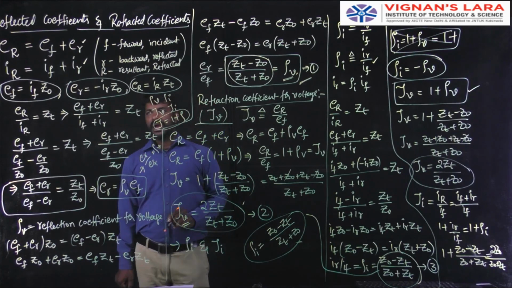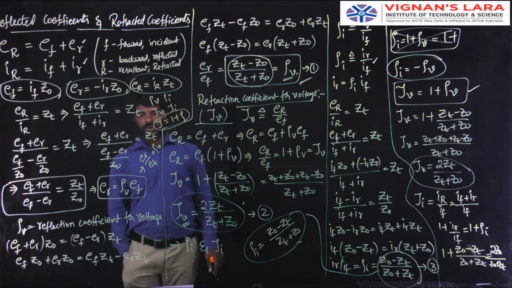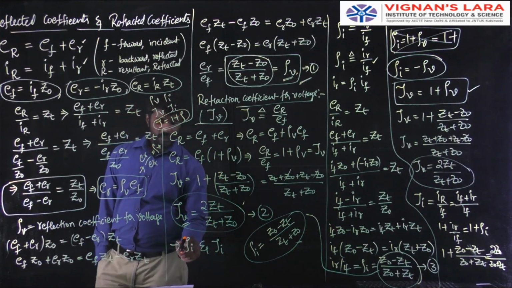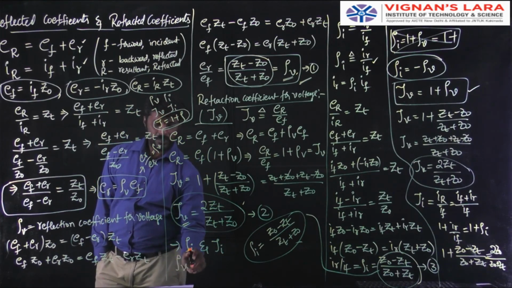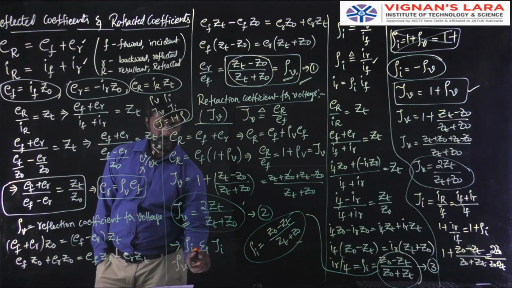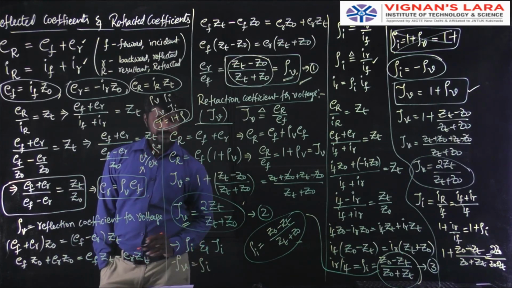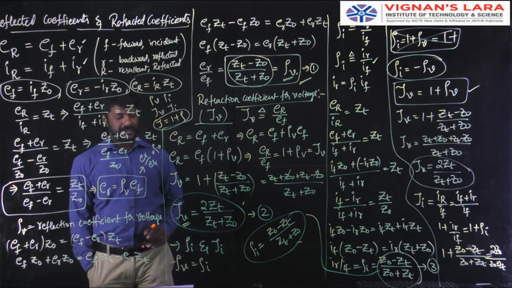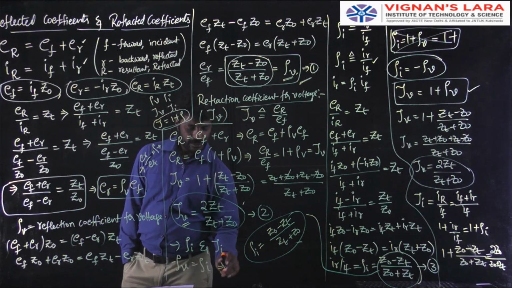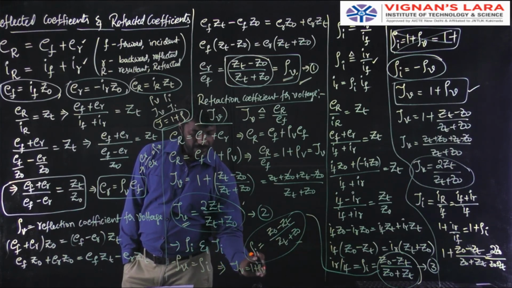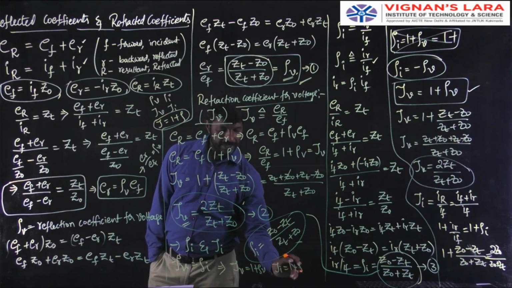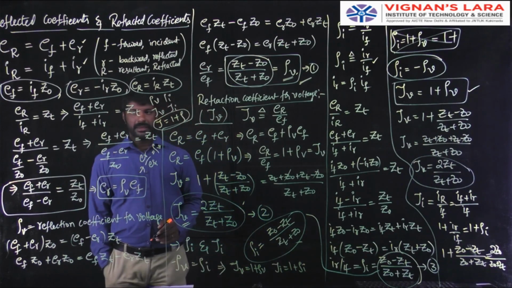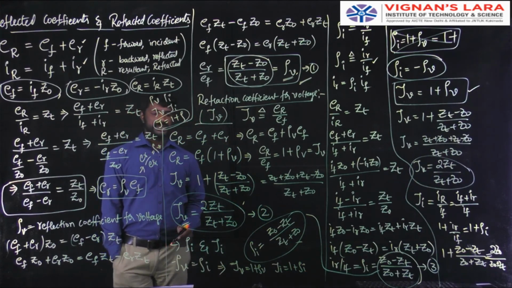Okay. So altogether, we have confined the coefficients, and finally, what I want to discuss here is, once you get rho V, put minus for that, you will get rho I. So that you will get rho V and rho I immediately. Later, for tau V, you can get it as 1 plus rho V, and for tau I, you can get that as 1 plus rho I. Okay, as simple as that. This will be discussed in the next coming classes.